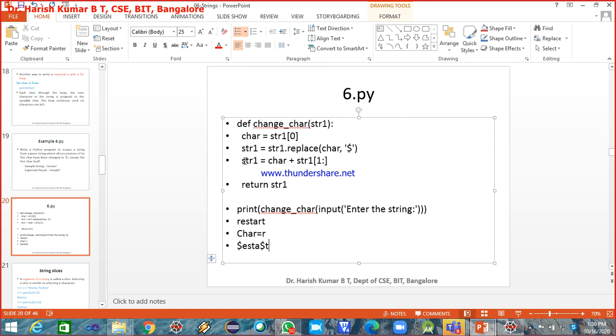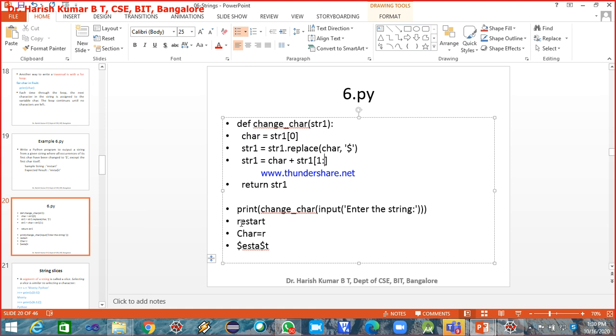Next what we are doing, so str1 is equal to char, which is already R. Except this first character, I am appending all the remaining characters. Hope you understood. Char is R, and I am starting from index 1, not from 0, till the end. If you're not specifying the higher index, it will extract the string till the end.